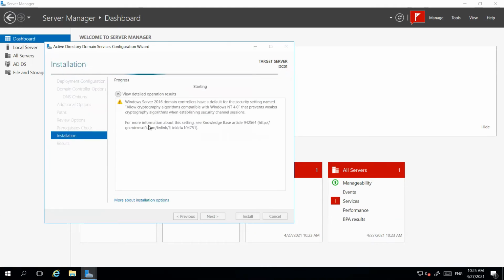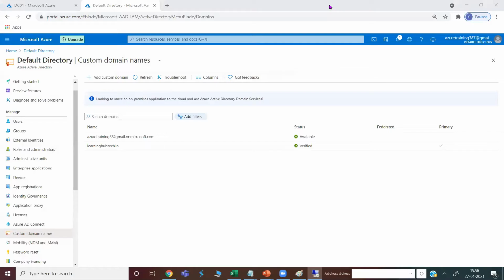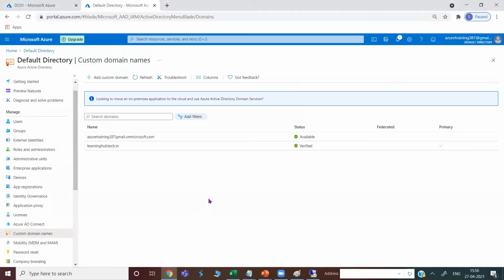And install. So it will take some time for the installation, and automatically it will be rebooted. And meanwhile, what we can do,